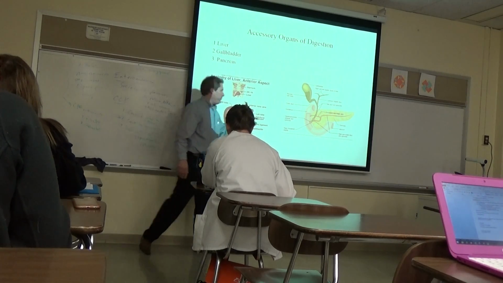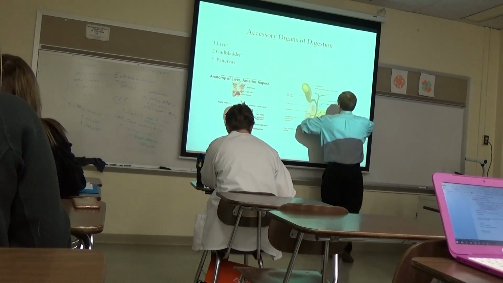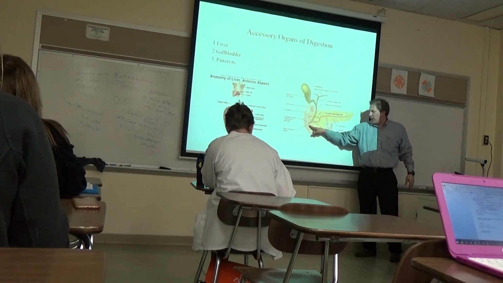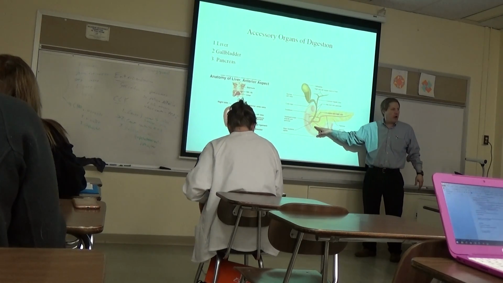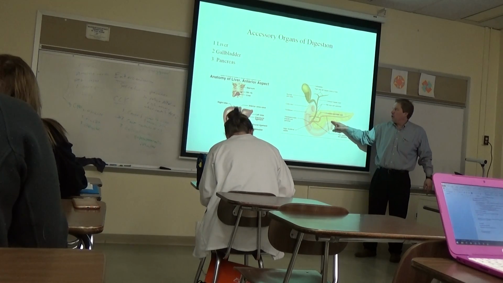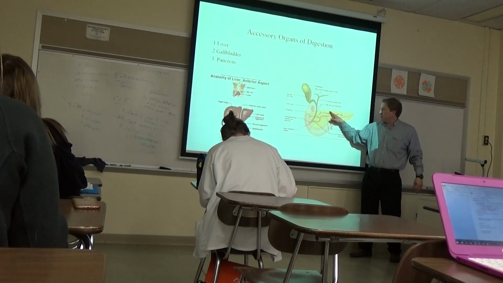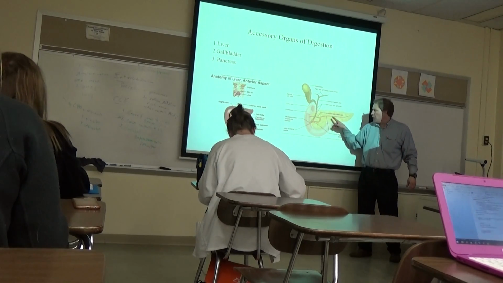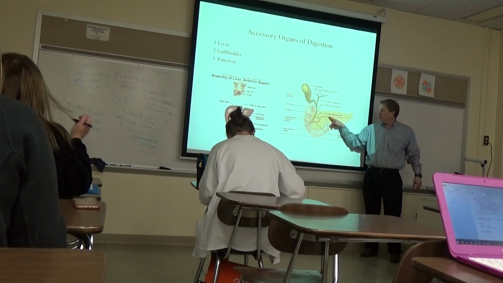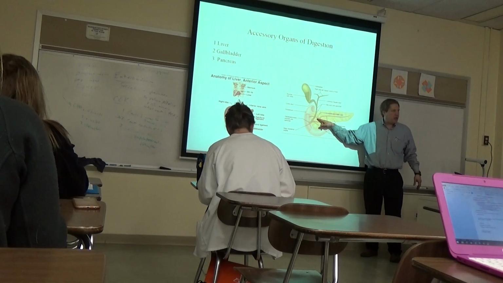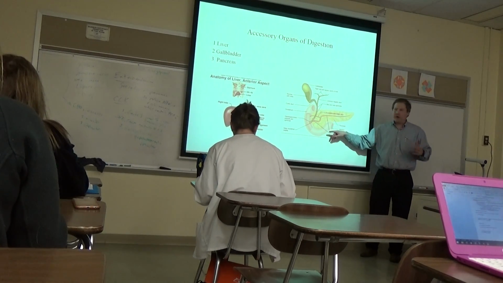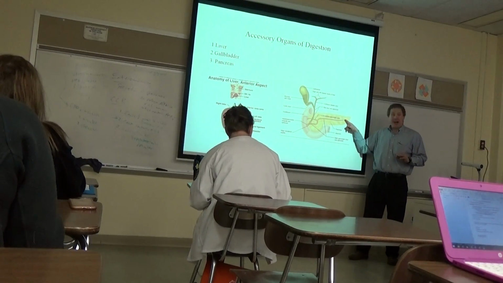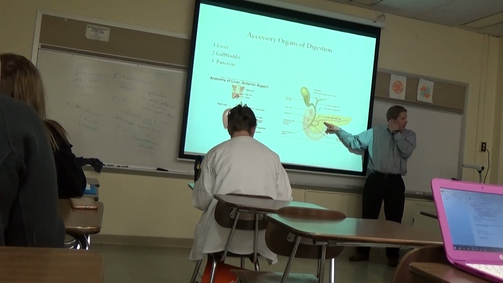Okay. And then if we're looking for the pancreas, we take the stomach and flip it up like this, and there's the pancreas hiding. And it does sit, as you can see, in the concavity of the C-shaped duodenum, right there. If you look closely at this pancreas and the duodenum, you can also see that you've got some ducts. Really one duct we care about. There are two, but one duct we have an interest in,